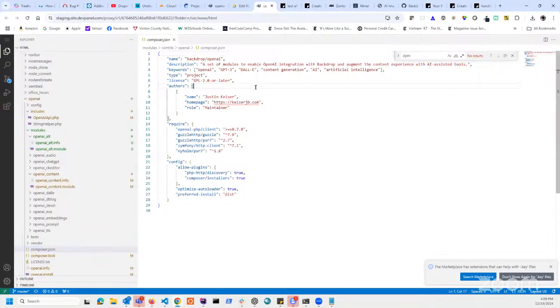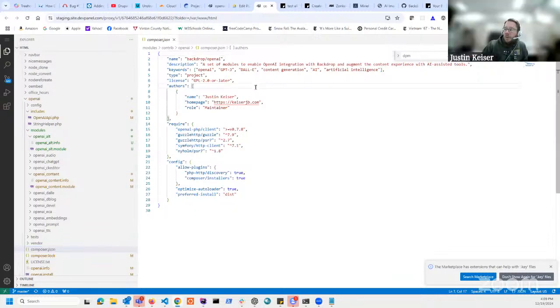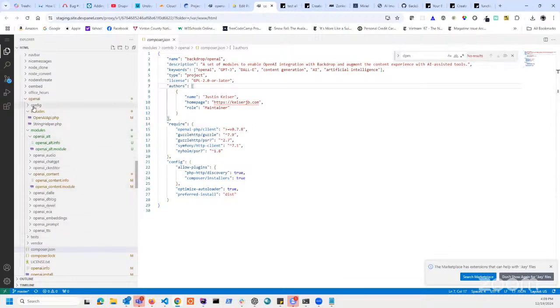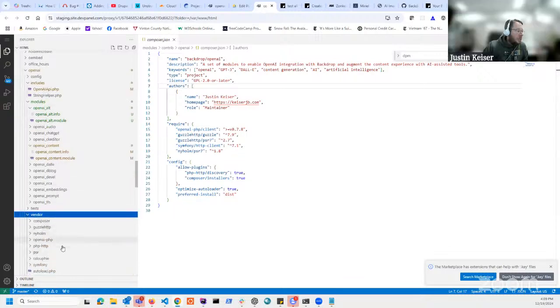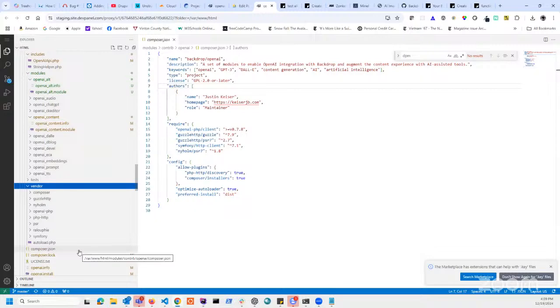I haven't gotten around to using Composer Manager yet, but it has a composer file in it, so I can pull the latest PHP client. But it goes in a vendor directory instead of a library directory. If you're using this style of pulling in dependencies in multiple modules, you could